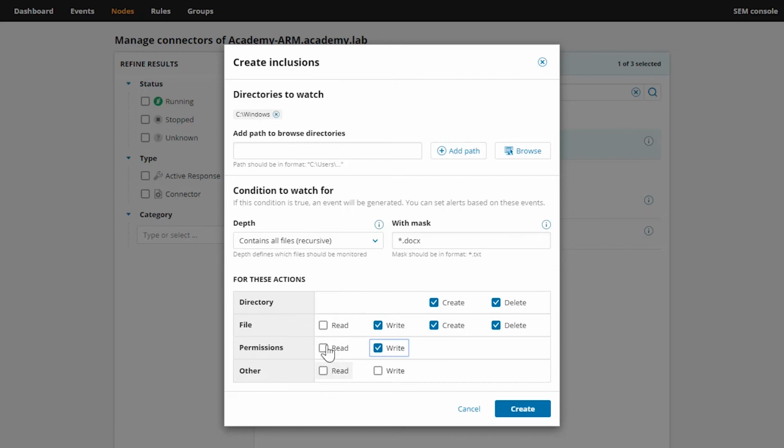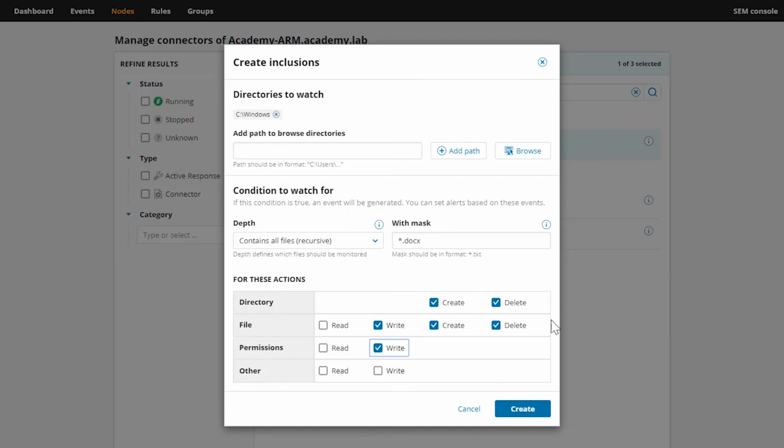You can also add the read actions, but just as a personal preference, I found that the read actions and the other section for these are not as useful as these other options that I have selected, and they tend to be much more verbose, so you're going to get a lot of them, especially the read options. So feel free to play around with it, decide what works for you. But my personal recommendation is to